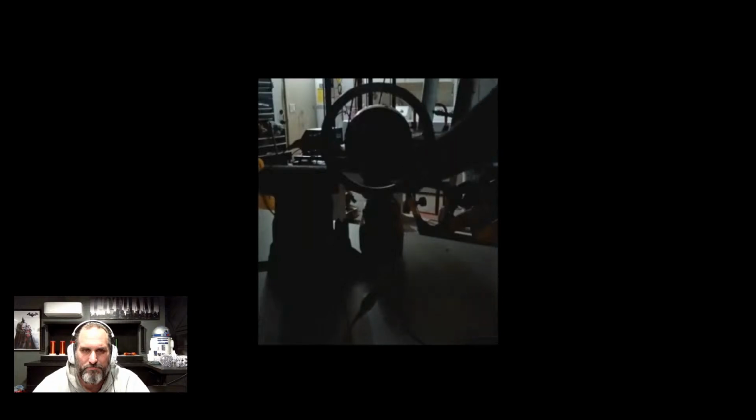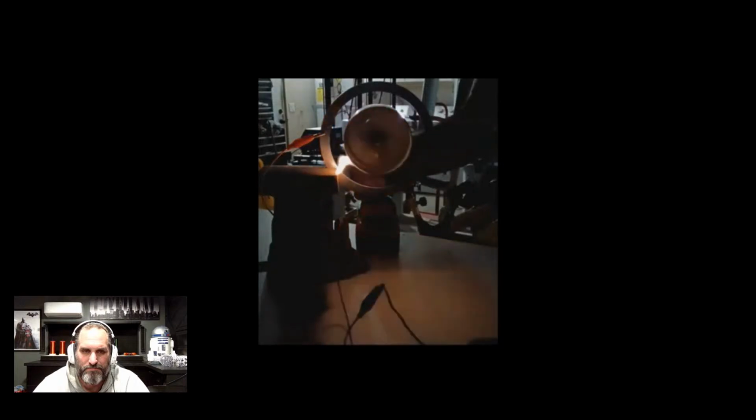So what I want you to notice right here is that the power pack was hooked up earlier, and it puts out a lot of amps. As you see in the plasma here, there's a lot of white, and yes, it does go into pink, but all that white is the amps in the plasma. That's why this one works the way it does. Again, distance, we are probably about...